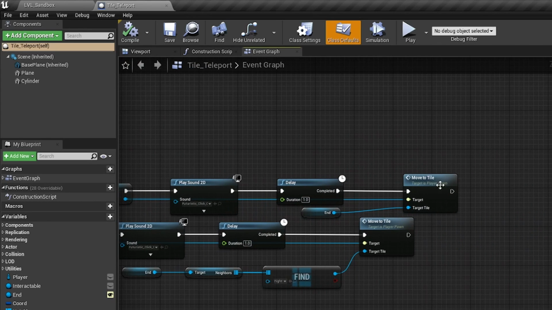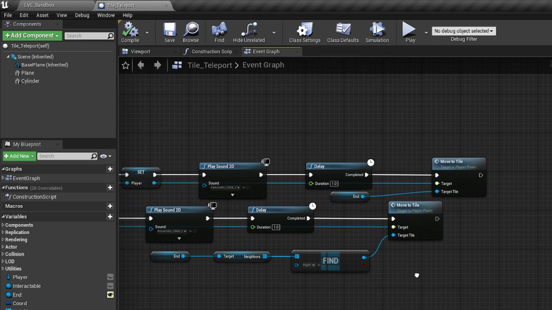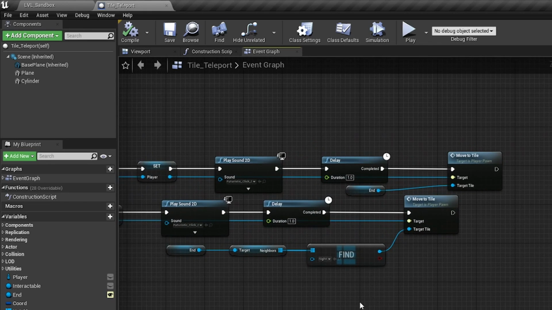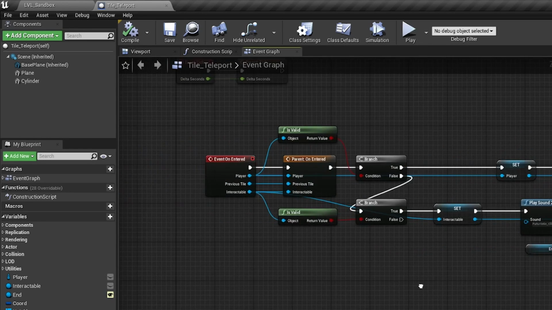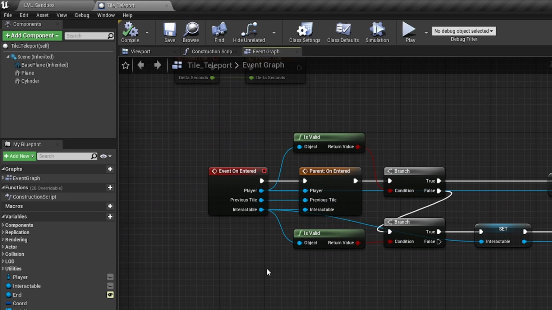Now, in the process of making this in my blueprint, I originally was going towards using the teleport branch thing, and I figured with a little help that the teleport wasn't going to help, and I used the move tile function, which I used to start my blueprint, which I started with event on interact,